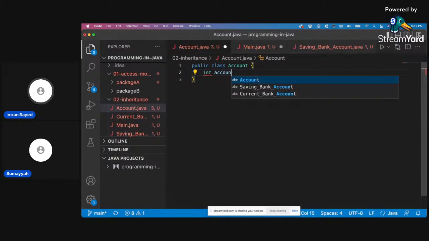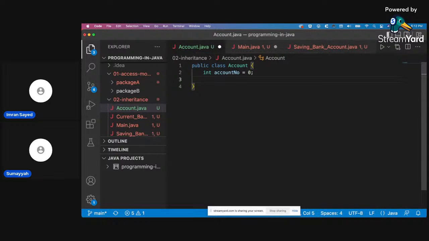So we need account number, balance, okay, and then we need to basically take all the account details, right?